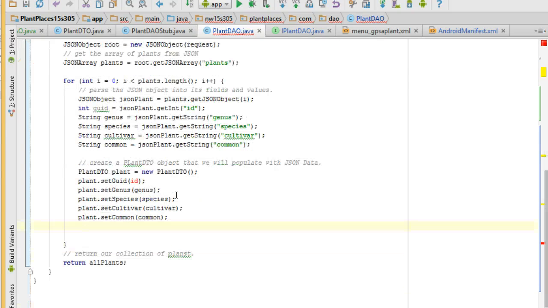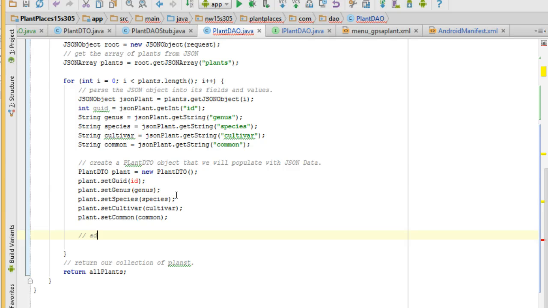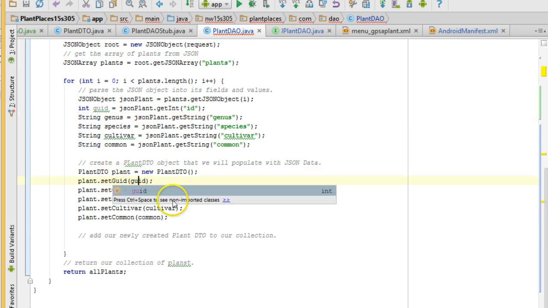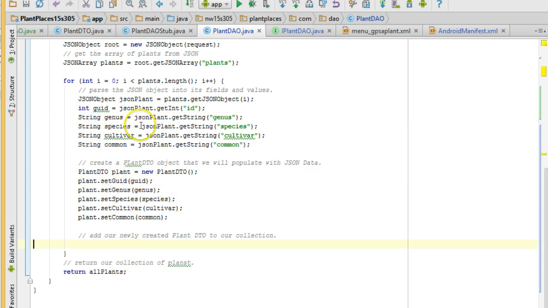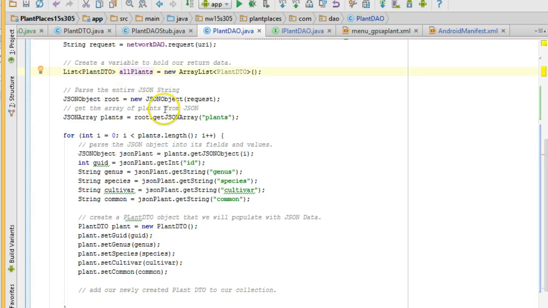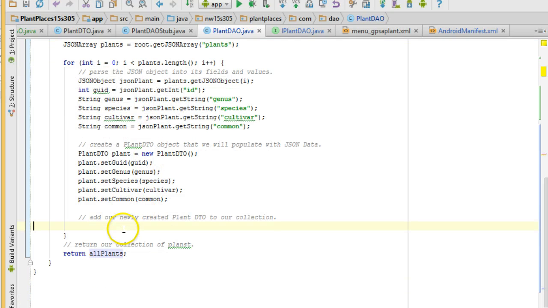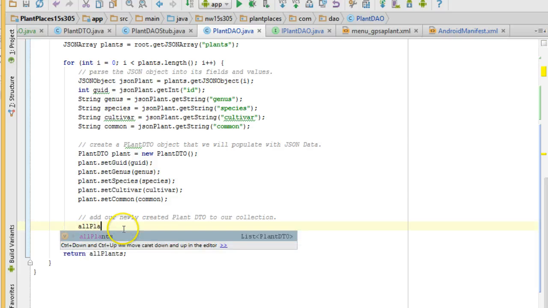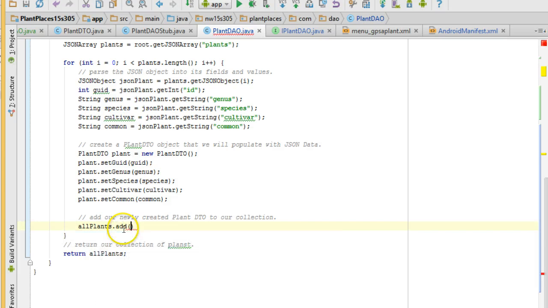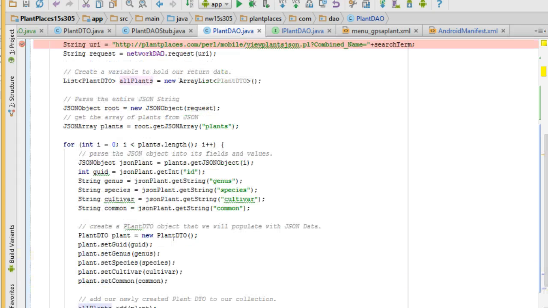Okay, and then we're going to add our newly created plant DTO to our collection. Oh, you know what? I messed that one up. That should be GUID, shouldn't it? Yeah, GUID. Okay, that's better. Our collection, we created that in an earlier video, and that's called all plants. So I'm going to say all plants dot add and plant. Now our all plants collection should be full of the plants that we have selected on this JSON